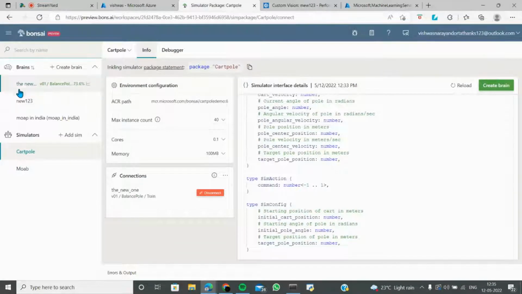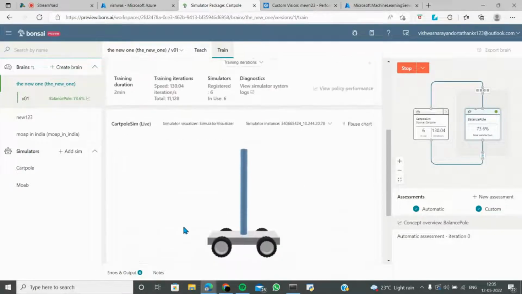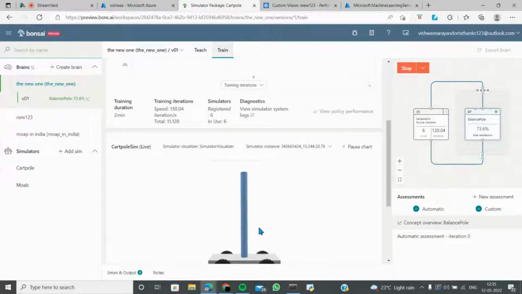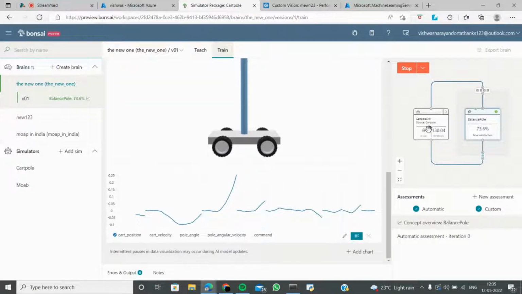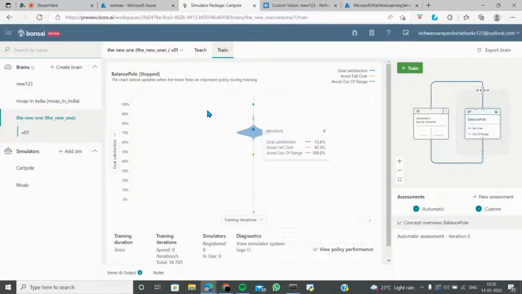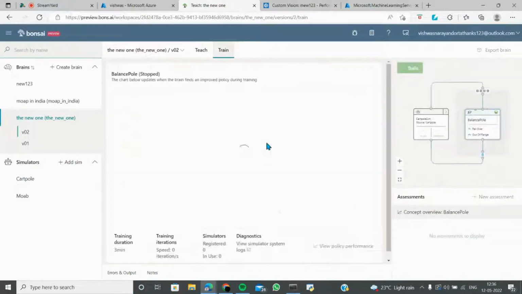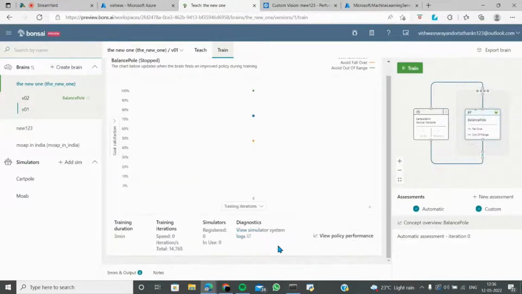And yeah, let's see whether the Bonsai is already up and running. So yeah, I think the training has already been done. So these are all the box type of plots which are already there. And the simulation of the cart-pole for balancing has already been generated here. So it keeps working. It has to move here and there, and that's the simulation which has already been done. And I think the training mode can also be taught. I think I can just put 13. And if I just put the commands, the change requires a little bit of time, and now the new training is happening. So version 1 had this amount of training, and export the brain.